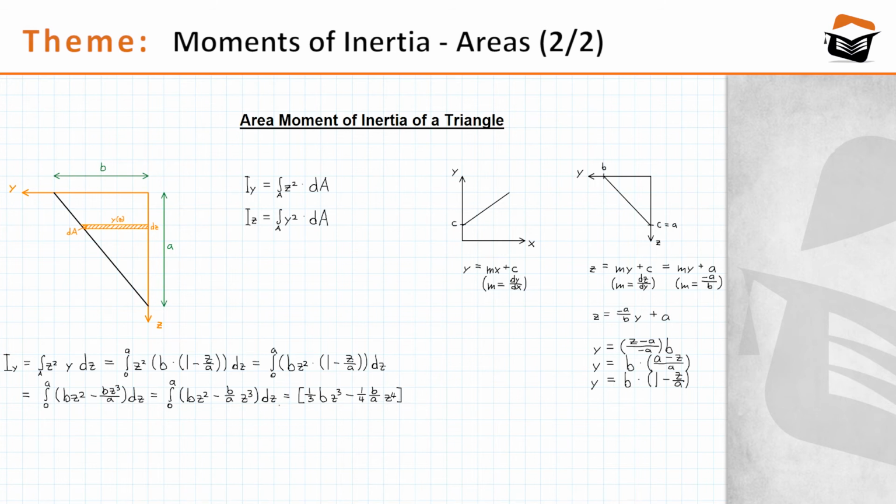And the whole thing needs to be integrated from 0 to a. So we're going to put 0 at the bottom, and a at the top. You can disregard 0 because if you insert 0 into the z's, you're going to get 0. So we can just focus on the upper value, a, and that's going to give us